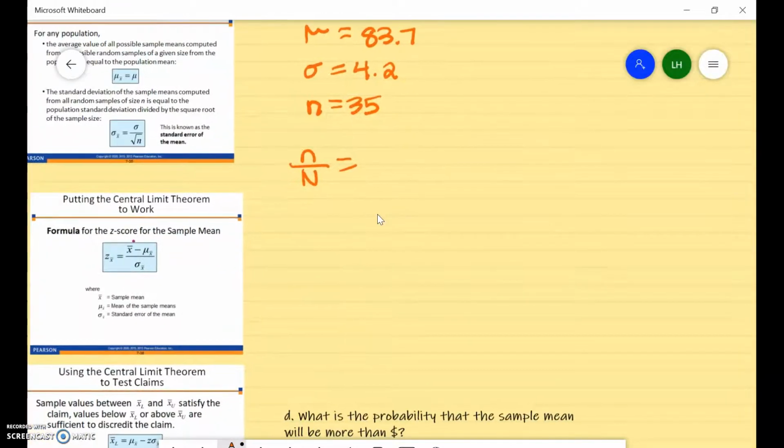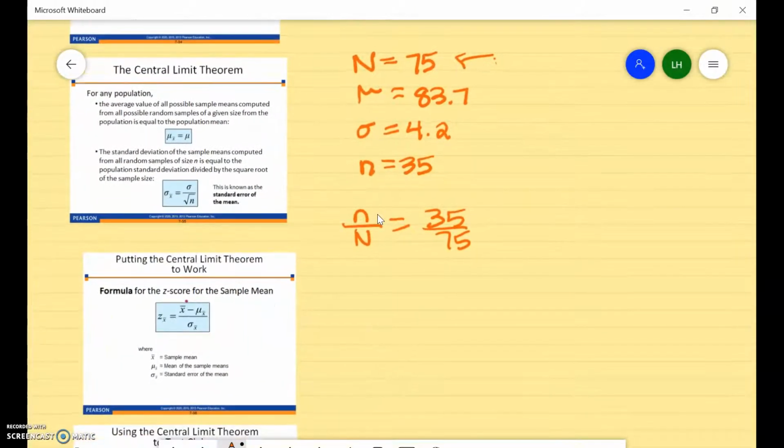And so 35 compared to the population of 75. And the reason we're doing this is to see if we need to use a finite population correction factor. So 0.47 is definitely